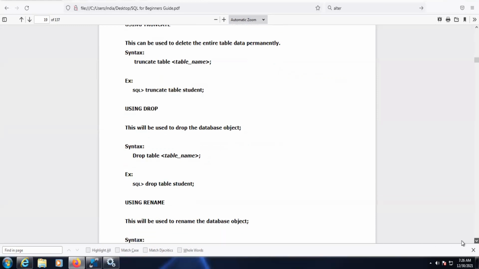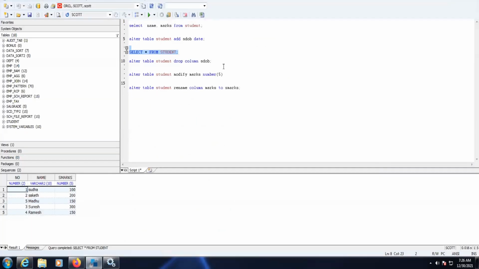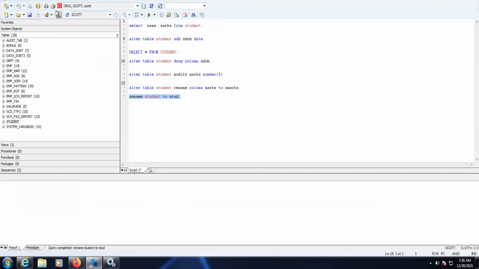And rename we have discussed: rename old table to new table. So I will use this. Here you can see in the database, this one is there. So I am using rename.